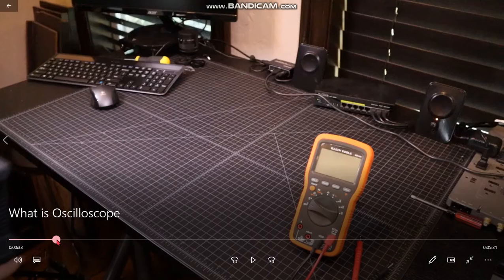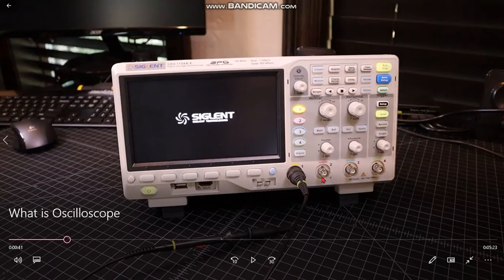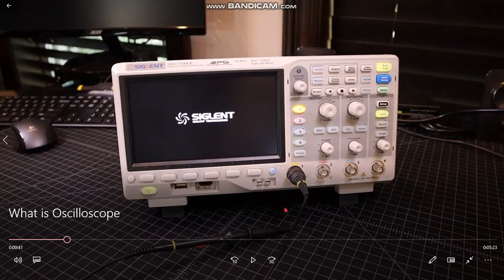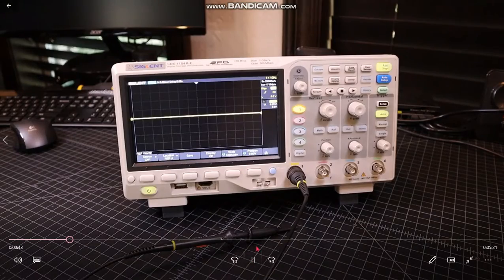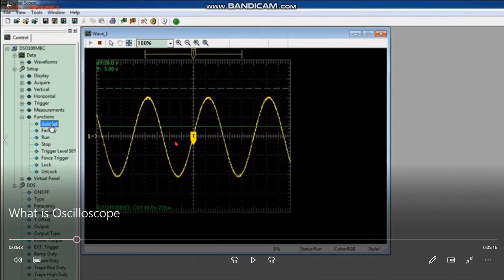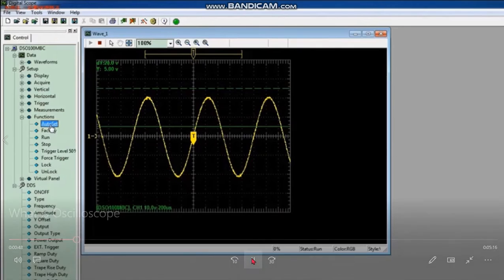If you go back here, this is the channel. You see the black wire to channel 1. These channels mean the outer equipment you are connecting with your oscilloscope. So you connect this wire with channel 1, turn on the oscilloscope, and this is the screen, and this is the setting for the screen.